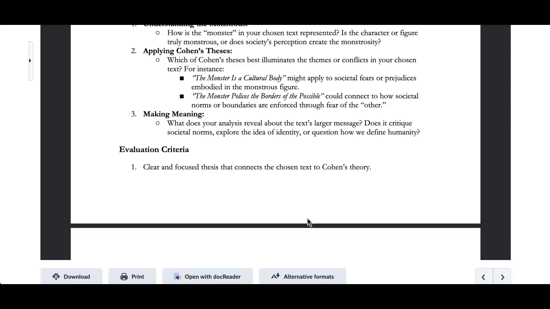Removing its context and time, like reading it 10 years from now, it's going to give you a rich new analysis that maybe it couldn't in this moment. Not to mention there's so much depth to a piece in this moment that you can only explore so much. So literature rewards rereading. Remember that, and take it to heart as you are in fact rereading your chosen literary text to get a bit deeper.